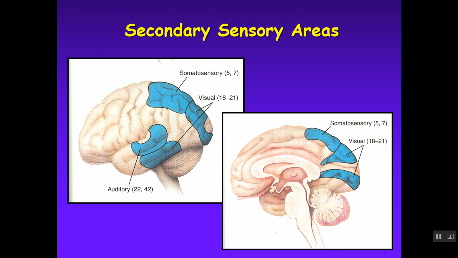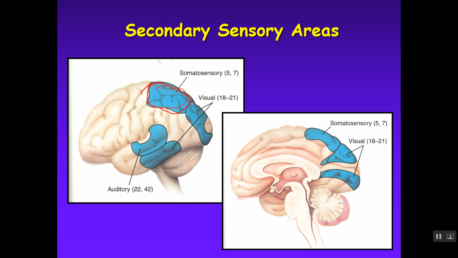Then here's the secondary sensory areas. So the secondary regions, look how much bigger they are, because there's a lot more. This is where you make sense of the information and you process it. So they are in larger areas. It doesn't take a lot just to accept the information and have it delivered to that small region, and then the secondary sensory areas, via some of those little short association fibers, deliver that information to the association areas to make sense of it. Okay, so that's this area 5 and 7, which is a big part of your parietal